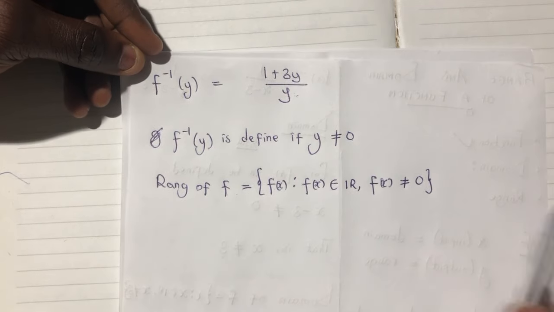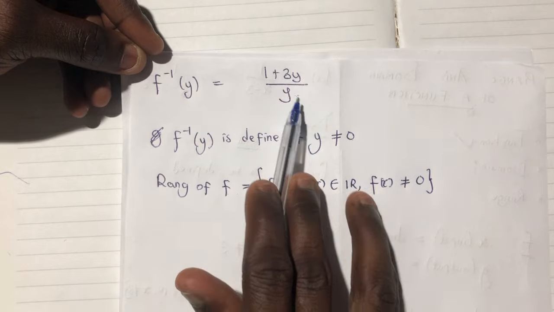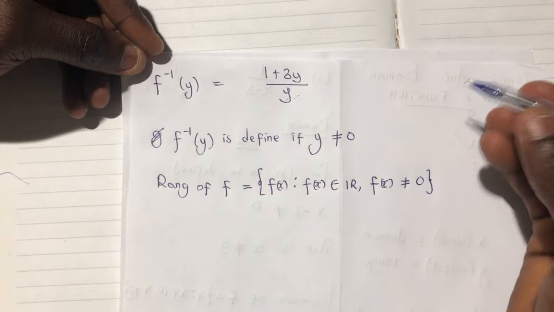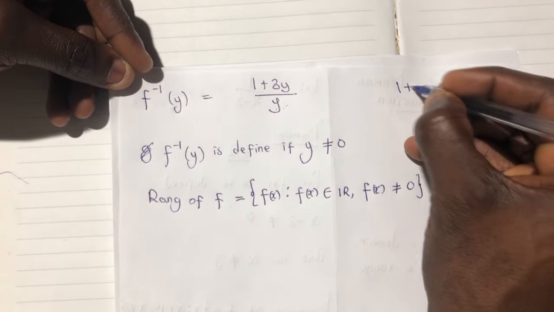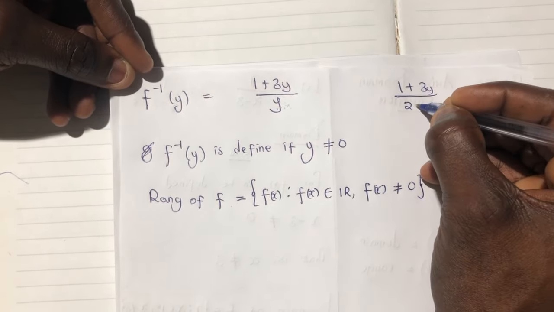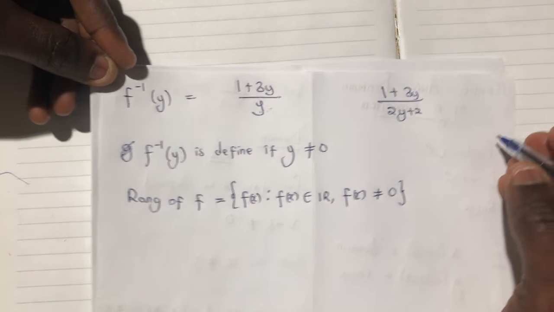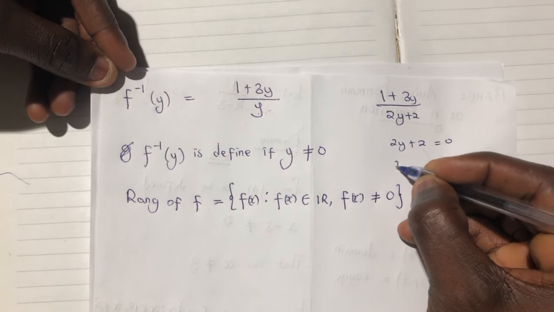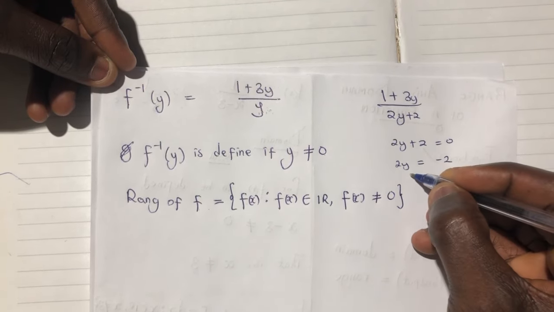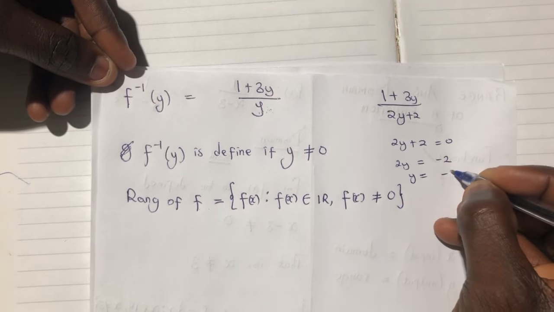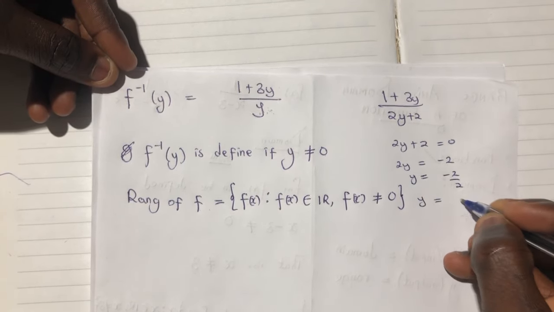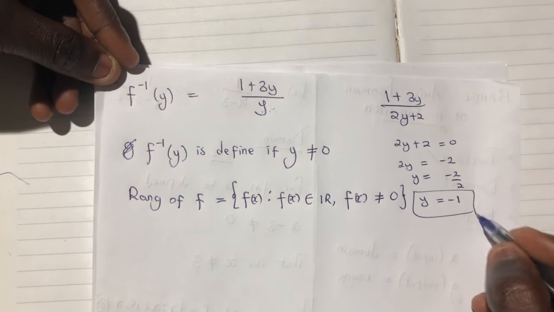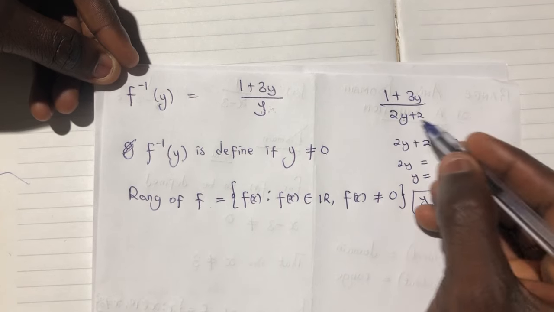So the most important thing for us to do is when you get here, all you need to do is equate this to what? 0. If it were to be something like 1 plus 3y out of 2y plus 2, then all I need to do is that 2y plus 2 equal to 0, 2y equal to minus 2, y equal to minus 2 over 2. So y equal to what? Minus 1. Now if y equals to minus 1, once I substitute minus 1 here, the equation will be